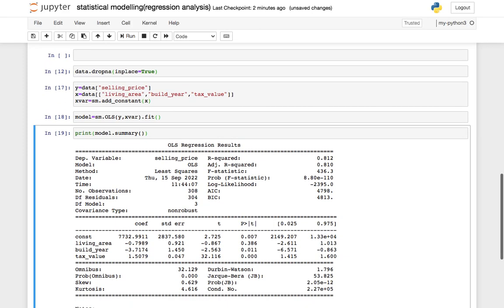We've seen that our constant is significant, the build year is significant, and the tax value is significant, they're all significant. But we've seen that the living area is not significant. If the constant is brought inside, we can see that our R